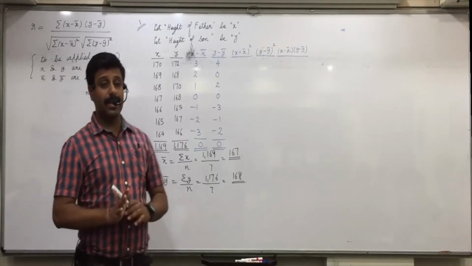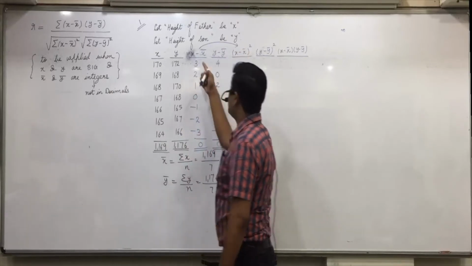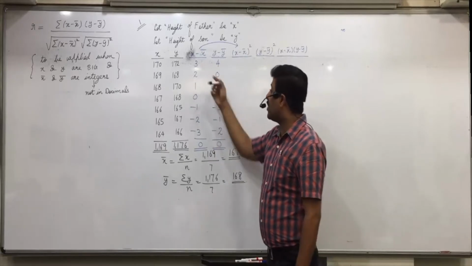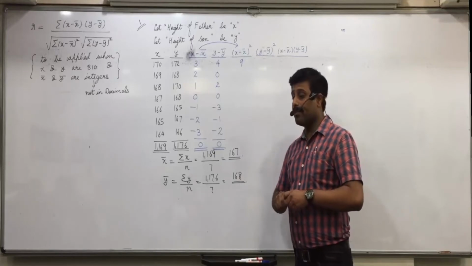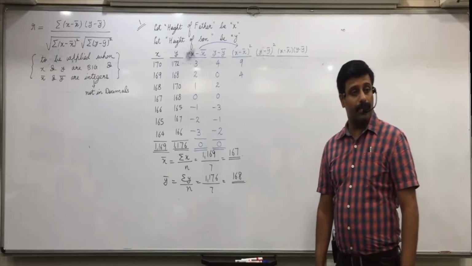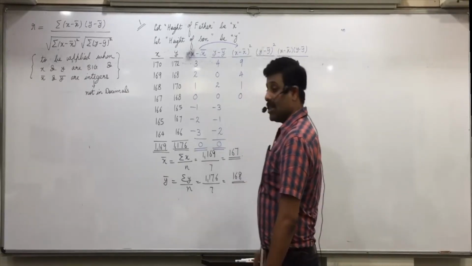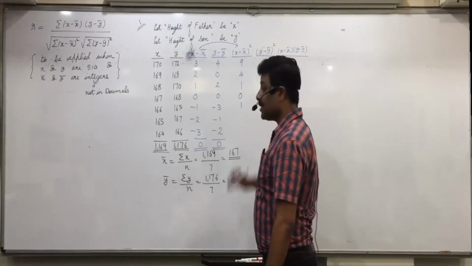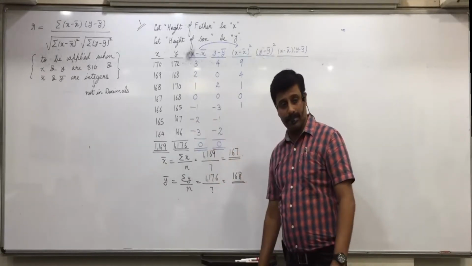Now same as yesterday, squares and product, but we have to obtain the squares and product of these two now. First x minus x bar square. So again use the memory functions. Do it: 3 into M plus, 9. 2 into M plus, 4. 1 into M plus, 1. 0 into M plus, 0. 1 into M plus, 1. Squares are always going to be positive, so no need to press minus.